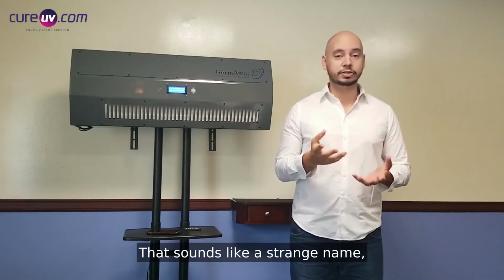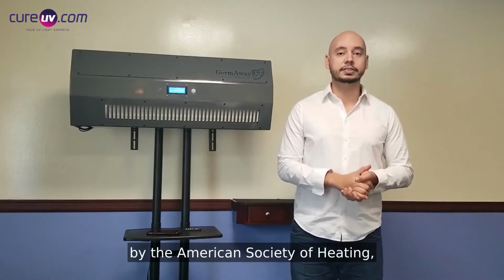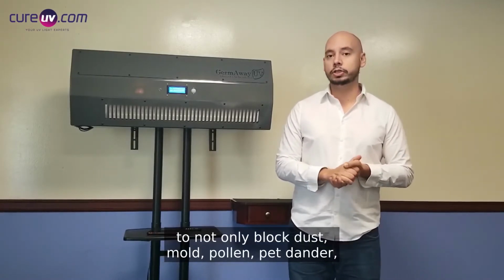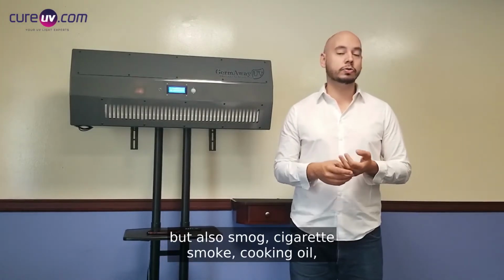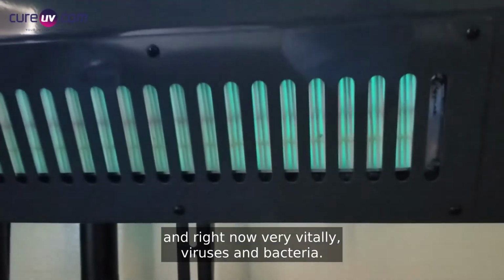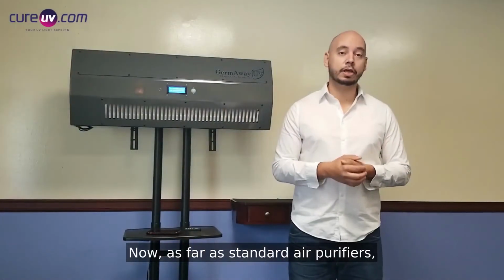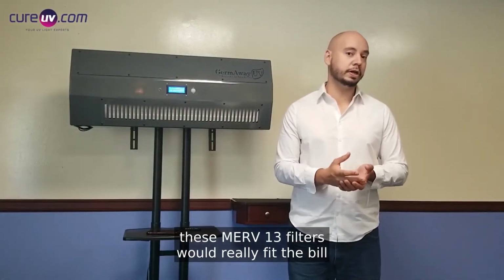That sounds like a strange name, but actually the MERV 13 filter, as defined by the American Society of Heating, Refrigeration, and Air Conditioning Engineers, is a great tool to not only block dust, mold, pollen, pet dander, but also smog, cigarette smoke, cooking oil, and right now, very vitally, viruses and bacteria. Now, as far as standard air purifiers, these MERV 13 filters would really fit the bill as the only line